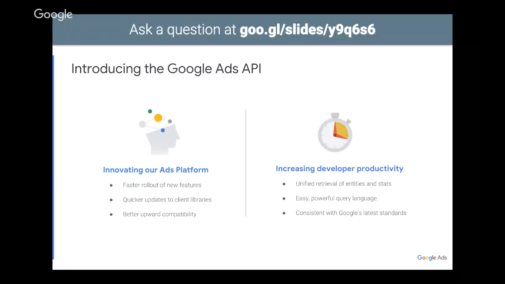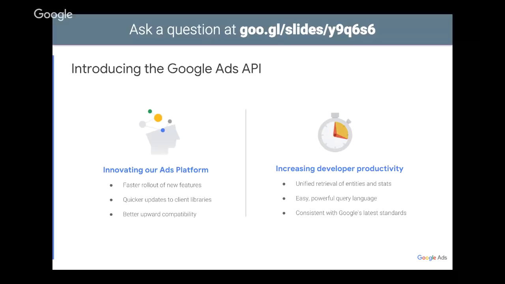And the other major tenet that the Google Ads API brings everyone is increased developer productivity. One of the key things that I think we harped on a little bit in the last webinar, and we're still going to pound on here because it's so important, and one of the key features of the new API is we're unifying the object model for both entities like campaigns, ad groups, keywords, and statistics and metrics like impressions, clicks, costs. We now have a unified way of pulling objects and retrieving data from the API, and a unified query language for doing so, which we think will make it a lot easier and a lot more unified working